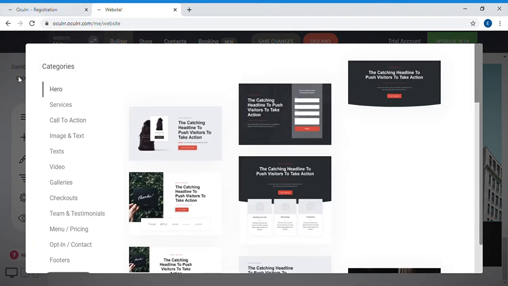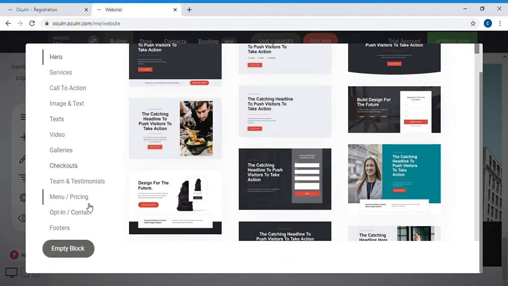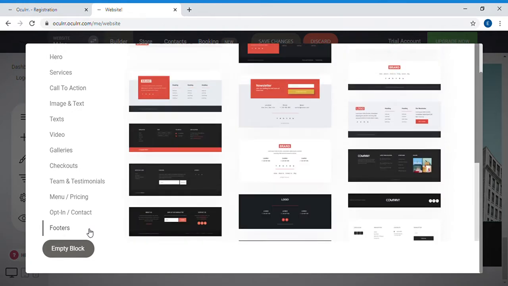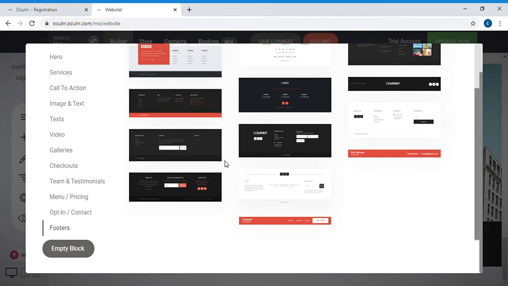Right beneath a block, there's always an add a block where you can get pre-designed blocks. Because that was the footer section. Because the website is divided into different elements. Say maybe there's the header, the body, and the footer. The body can have your about, your services, your contacts, your portfolio, your booking, basically anything that you'd like there. But for this particular client, we're going to go ahead and use a simple